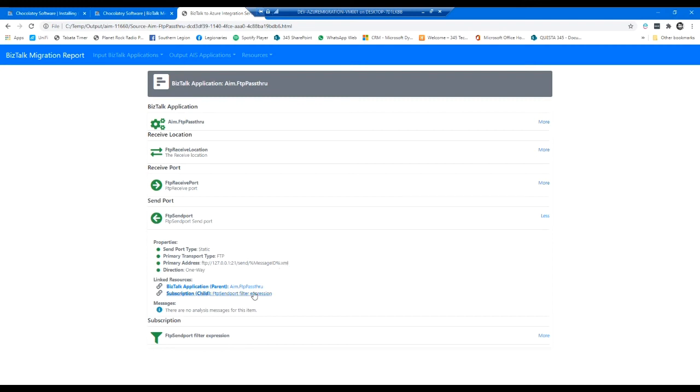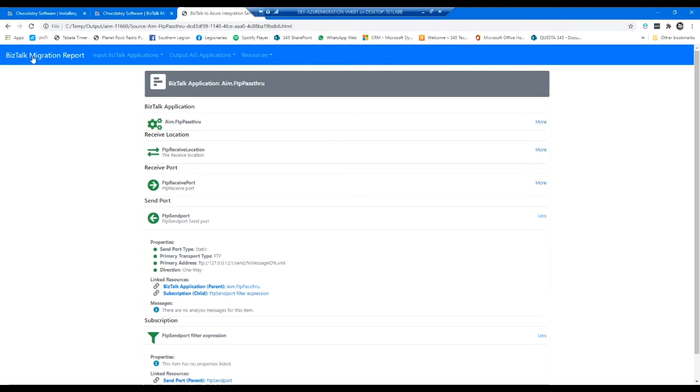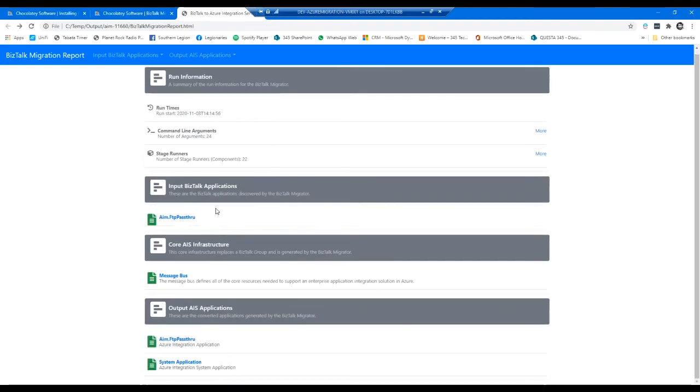And then we've got a subscription. We also have a subscription here. It's just noted that the send port has a subscription. The report hasn't actually listed what that is. And so when we look at what we've produced,